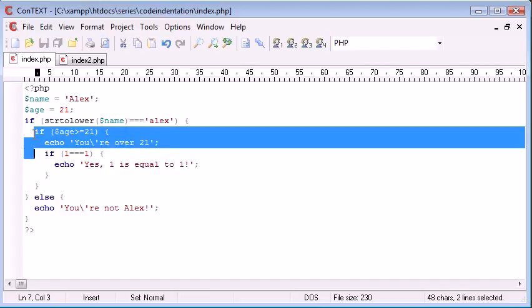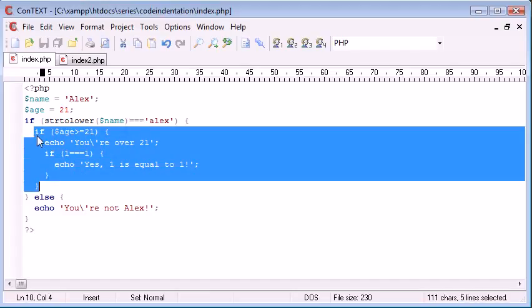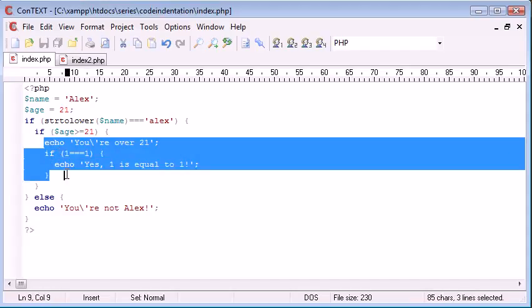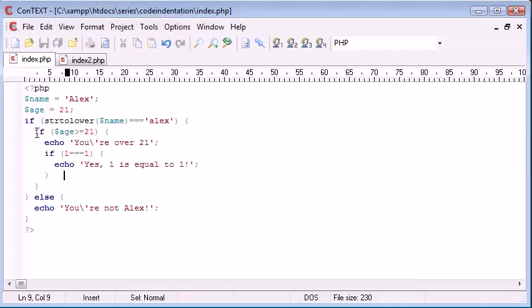So the block, I can already tell, is just from the start of this if down to here. This is the start of the block and this is the end of the block here. And this is the start of the top block and this is the end, and then we say else. So inside of this block where we're saying is age greater than or equal to 21, this is inside. We can automatically tell that because we've got straight down here, straight down here, and straight down here. And then we've indented just the echo inside of here. So you can